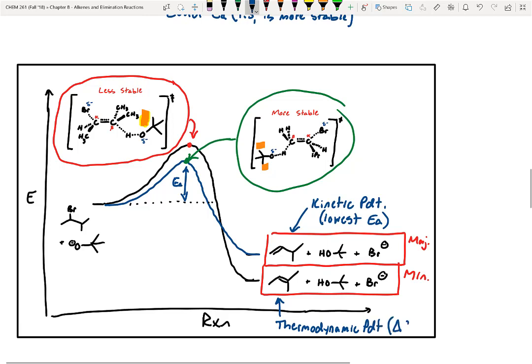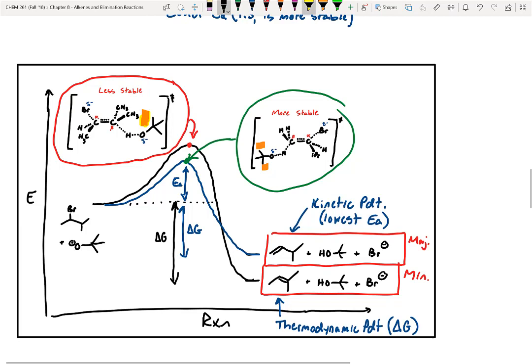And in thermodynamic products, we don't look at activation energy. Instead, what we look at is the difference in delta G, right? So for that blue pathway, the delta G drop was about like that, where for the black pathway, the delta G drop was much more significant, right? So one could argue thermodynamically we should get our thermodynamic product, but one could also argue kinetically we get our